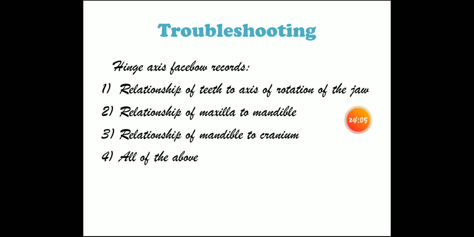So as we completed the topic, now let's troubleshoot it. So here are a few MCQs. The first one is hinge axis face bow records the relationship of teeth to the axis of rotation of the jaw. So this may be correct, but see, the correct answer is 1, because you are supposed to relate the